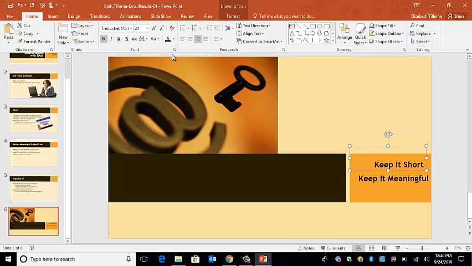Step E says select both placeholders and then arrange. So right now I've got the keep it short selected. If I hold my control key down on my keyboard, I can click on keep it meaningful. So I've got both placeholders selected, and I'm going to kind of arrange them so they look a little bit better. So in my drawing tools format bar,